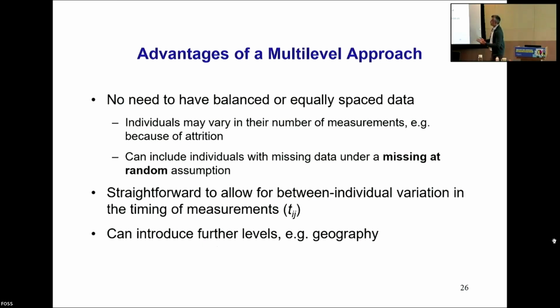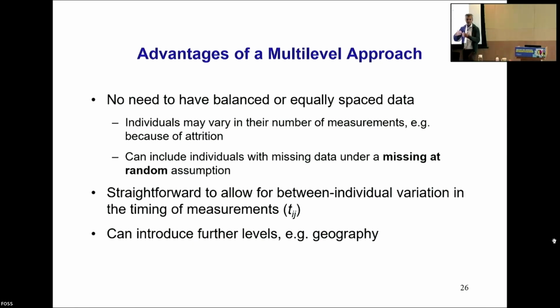So as I briefly mentioned before, one of the advantages of a multi-level model is that you don't need to have equally spaced data, so that each time period doesn't have to be exactly 1 year apart. You can be different years apart, and you can have missing data, under certain assumptions that the data are missing at random. So it's a really flexible model to model things like differences in growth rates,